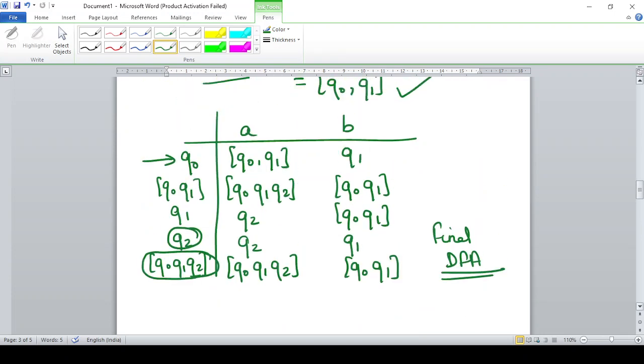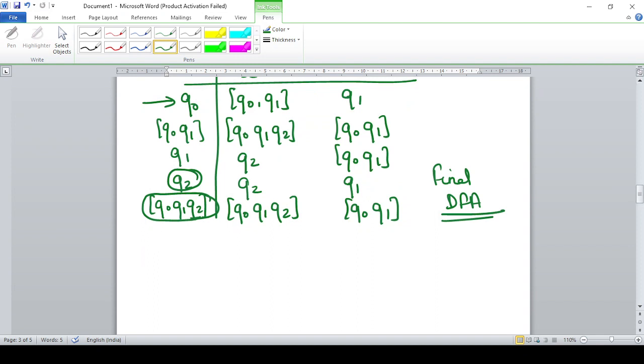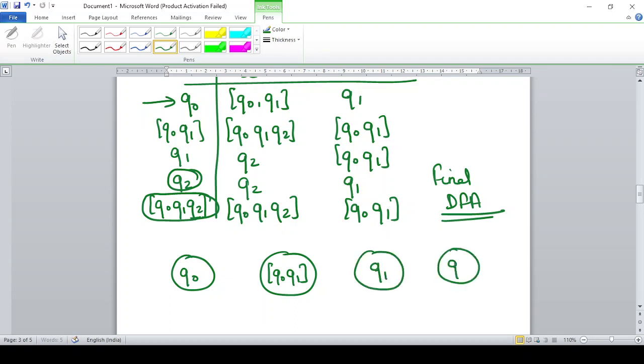You can easily convert it into a transition diagram. But when you convert it into a transition diagram, your states will now be Q0, second state is Q0 Q1, third state is Q1, fourth state is Q2, and the last state is Q0 Q1 Q2. This is how you will write the names of the states. This is your final state, so double circle. This is also your final state, so a double circle. This is your initial state. When you give A, you are going to Q0 Q1. When you give B, you are going to what?